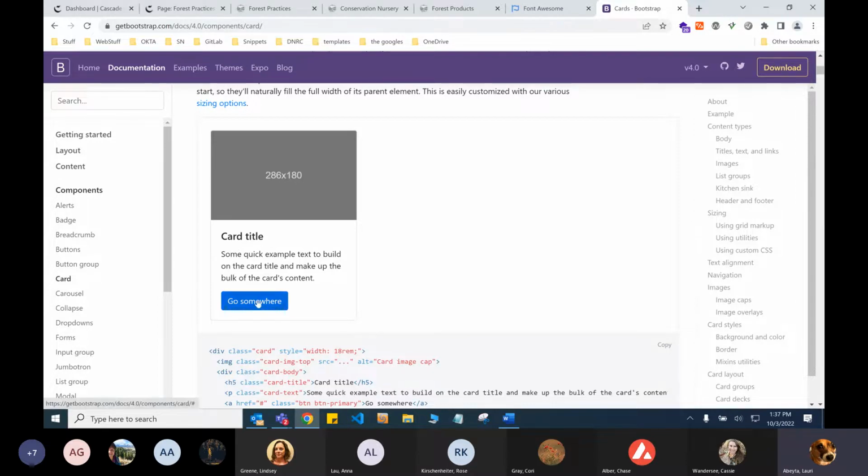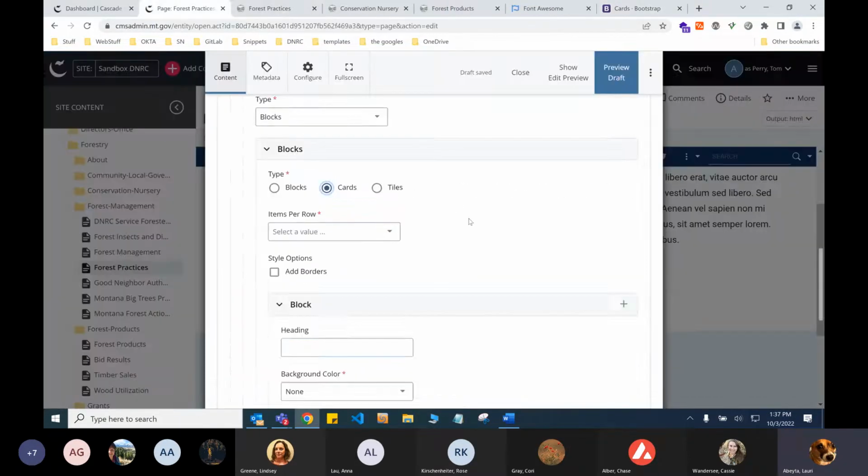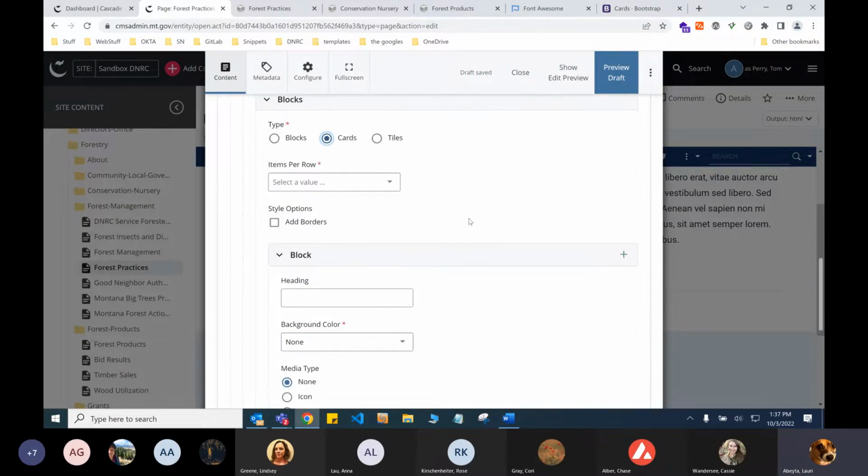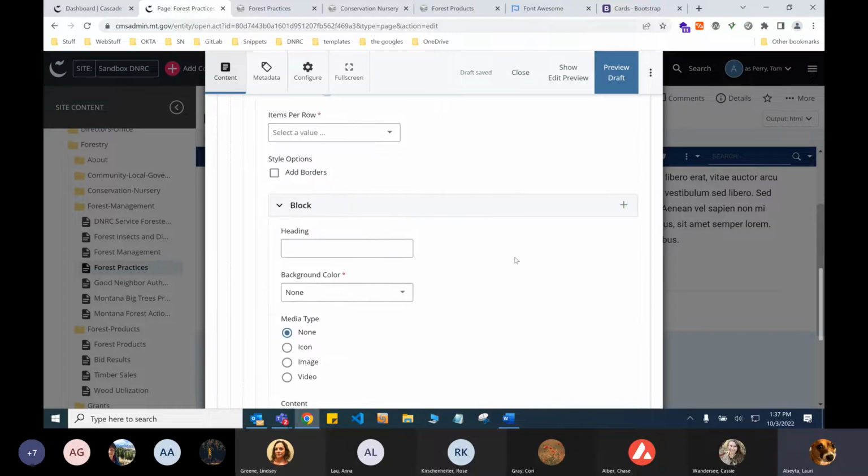And as you can see, it's just a thing of interest. Maybe you have like a whole page you want to redirect people to. So that would be where your go somewhere goes. And it's one of those things that we have built in that makes it really easy to add in. So you can add in a